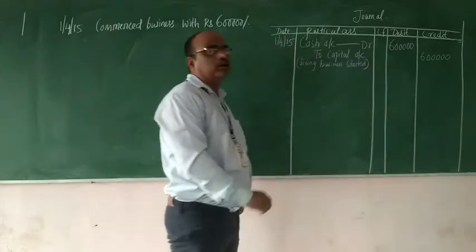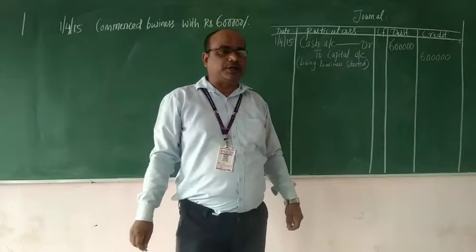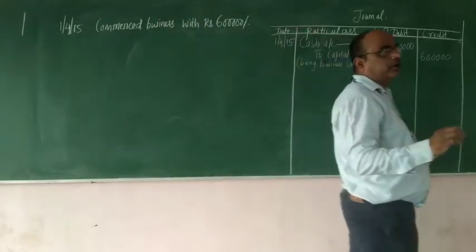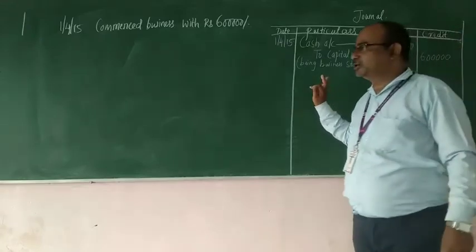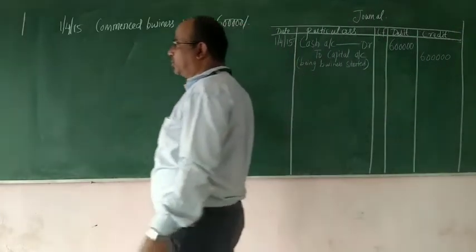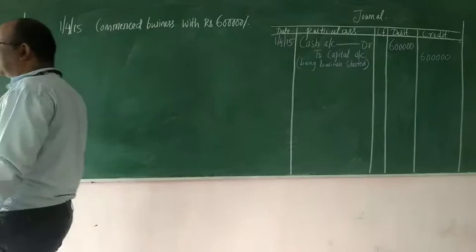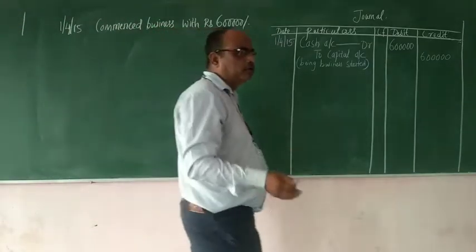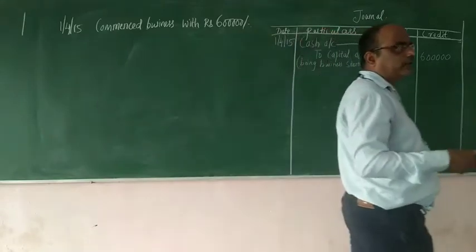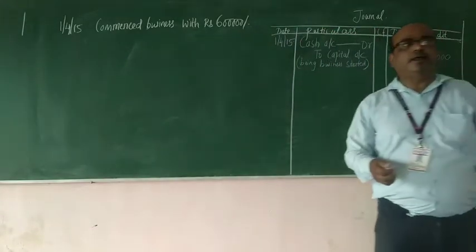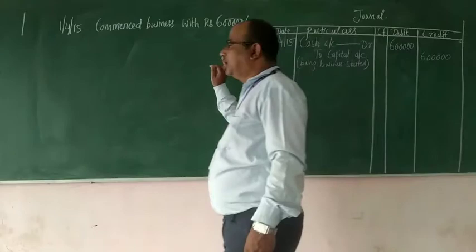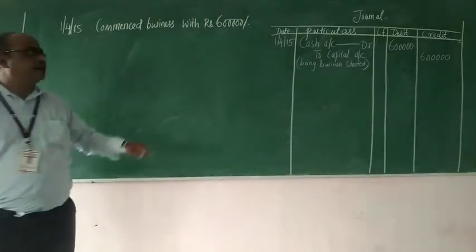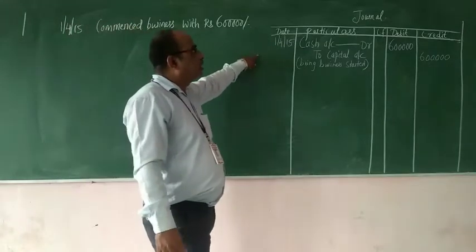So this is how you are supposed to pass the journal entries. Till yesterday whatever I have taught you was just to prepare what? Journal. So you are supposed to write directly in the journal what to be debited and what to credit. You will apply all the rules of personal account, real account and nominal account in your mind, and then finally you will journalize that. Journalizing means writing it in the daybook or journal.